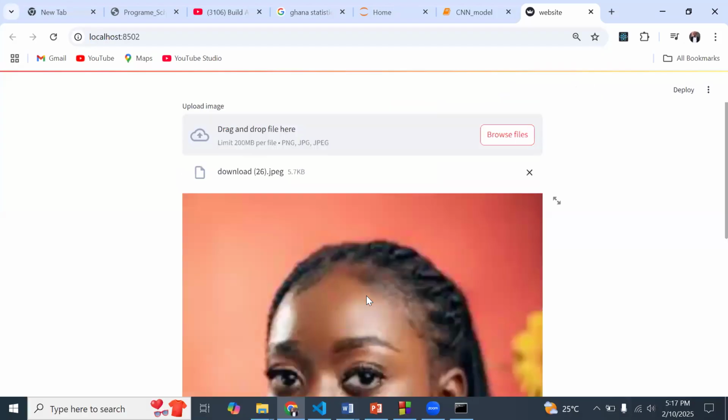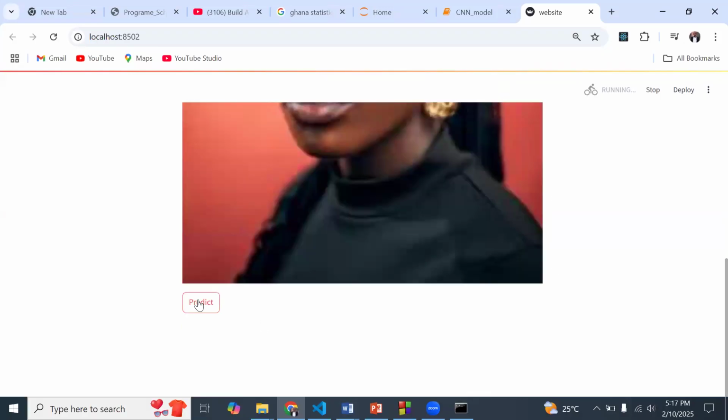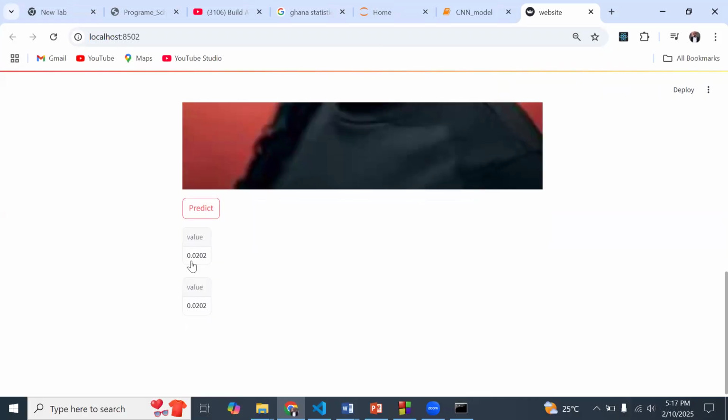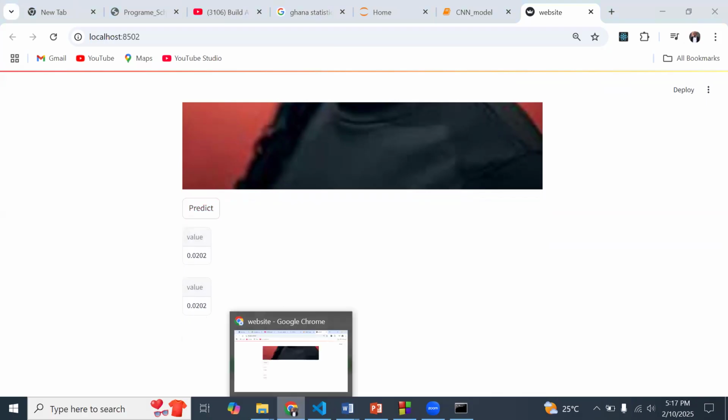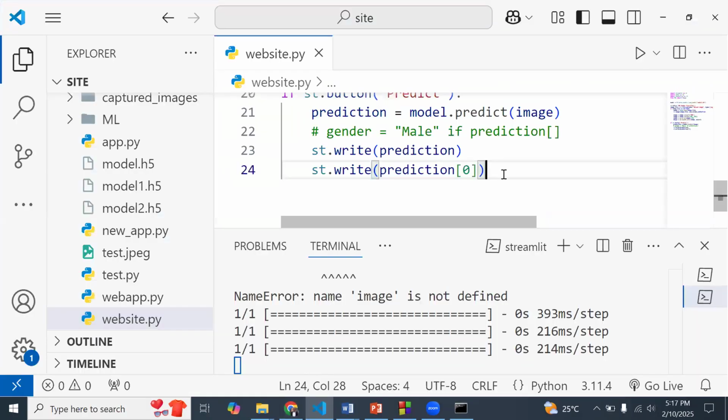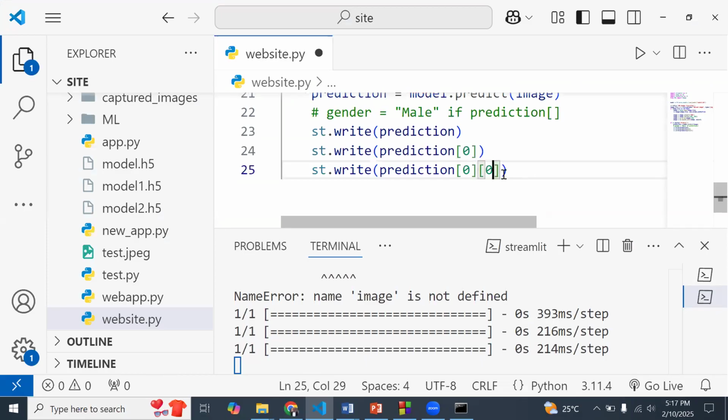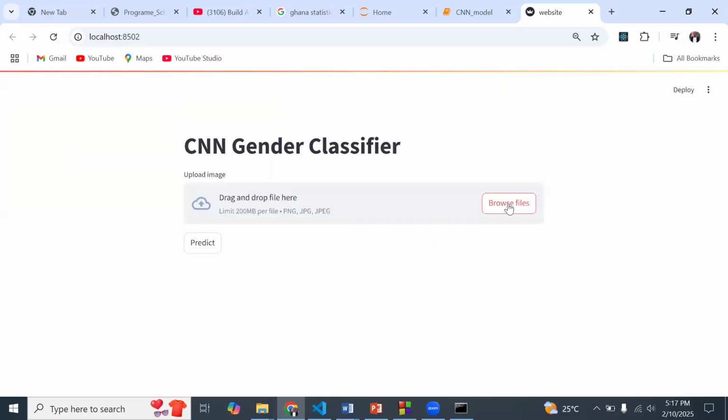So I'll get this one, and then when I do predict, yes, we are going to see the predicted value, and this one is almost the same, but technically they are not. Let me show you exactly what I mean. Now let me also duplicate this and get another slice out of this. So we are expecting to see 3 values, and I believe each and every one is going to be a little bit different one way or the other.